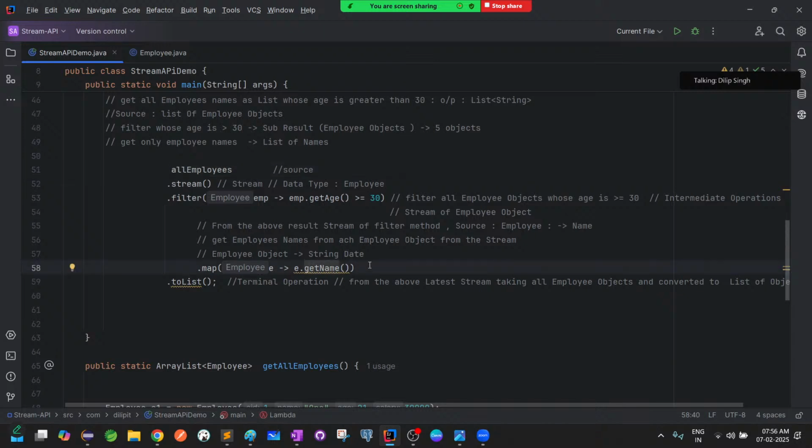Now understand here. What happened in this case? e is of employee type. And from that e, you are implementing a lambda expression like e dot getName. So you are retrieving the employee name. What is the return value in this case? The name, which is nothing but a string. So ultimately, when this line is executed, what you got is